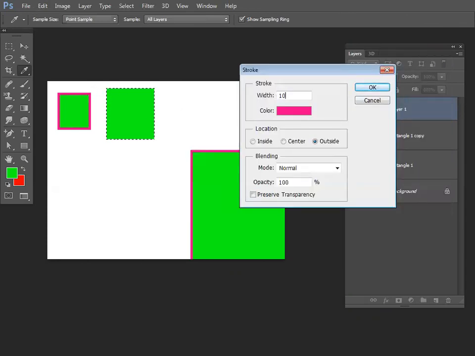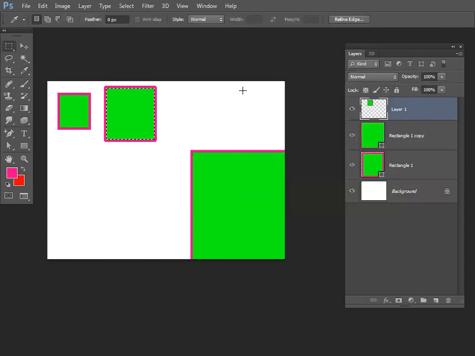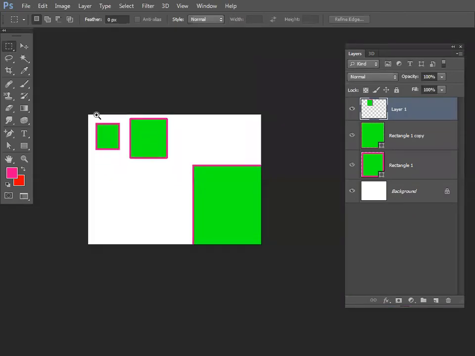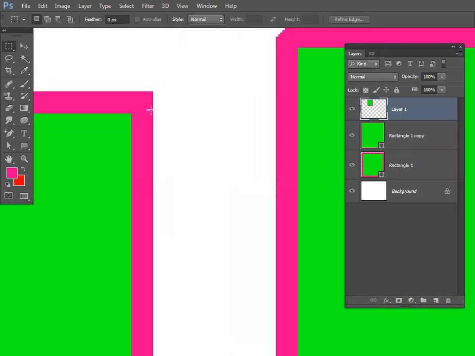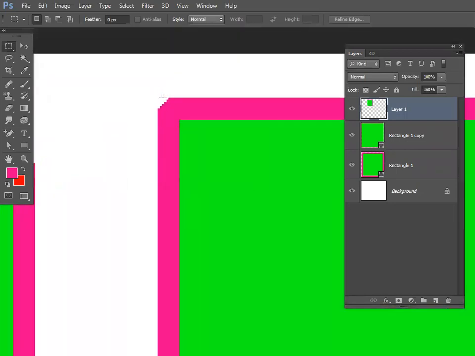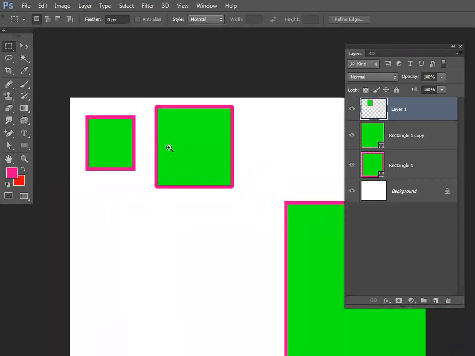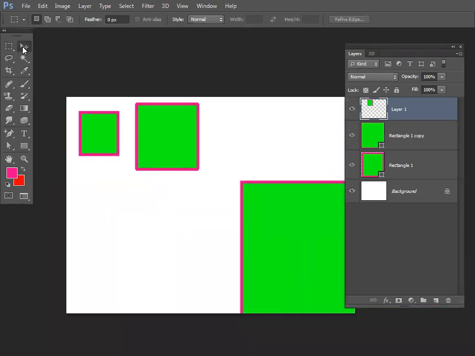This one I gave a 10 pixel stroke width, and here itself we can see it's getting blurred. The sharpness of this edge is like an L-shaped bend, and here it is not L-shaped, it is getting a rounded corner in the stroke. There are certain limitations to raster images.